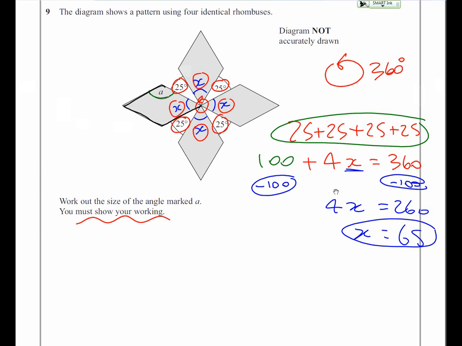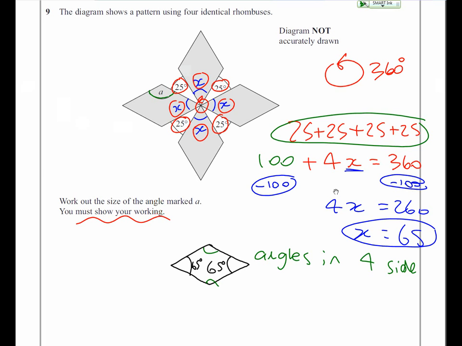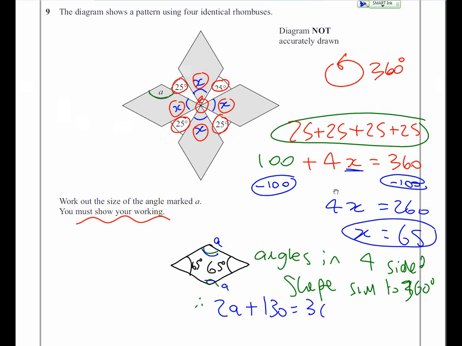Let's focus in on one of our rhombuses. So we know this angle is 65 degrees, which means that this identical opposite angle is 65 degrees. Okay, angles in a four-sided shape add up to 360 degrees. Therefore, these two missing angles that we're calling A are going to add up with 65 add 65, which is 130, to give you 360. 360 minus this 130 is going to give us 230. So A equals 230 divided by 2, which gives you